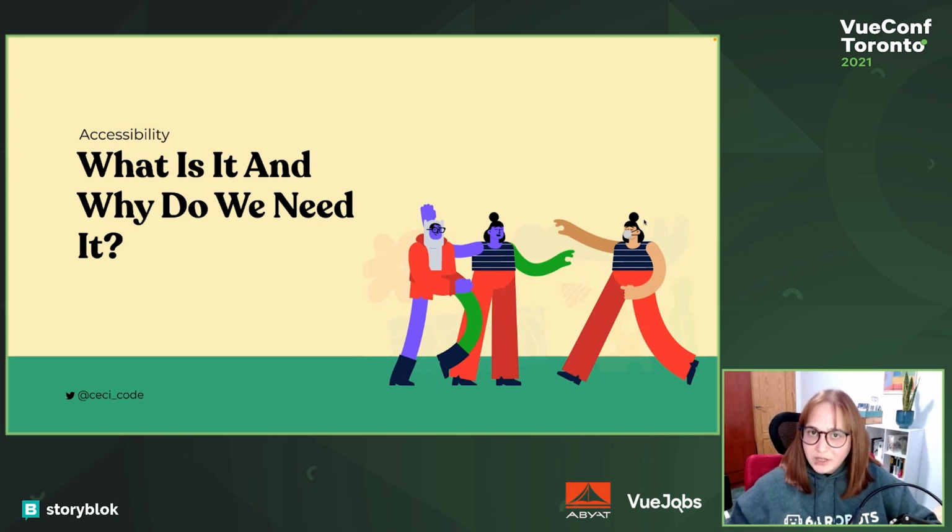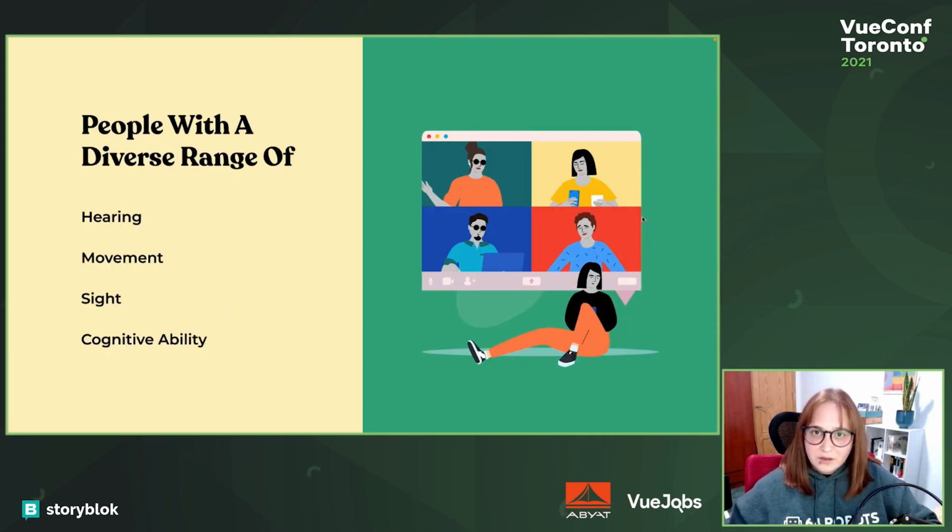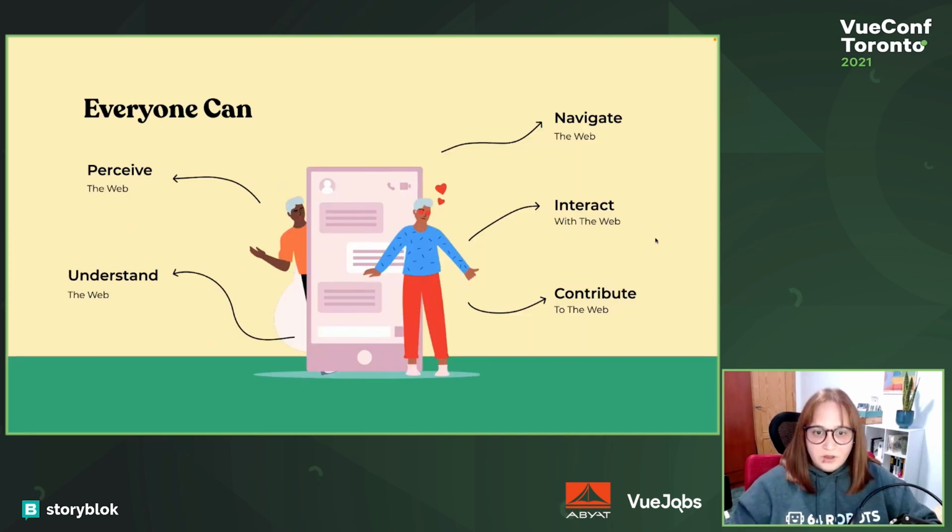So what is accessibility and why do we need it? According to the W3C Web Accessibility Initiative, which builds the spec for accessibility, the WCAG 2.0 guidelines, the web is fundamentally designed to work for all people, regardless of their hardware, software, location, language, or ability. This means, among other things, that when the web meets this goal, it is accessible for people with a diverse range of hearing, movement, sight, and cognitive ability. This means that everyone can perceive, understand, navigate, interact with, and contribute to the web. It sounds easy, but